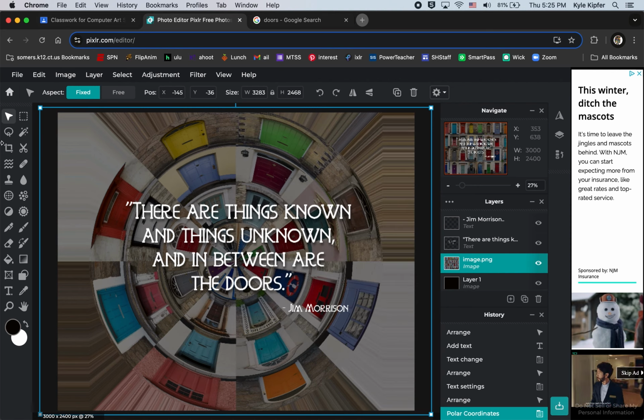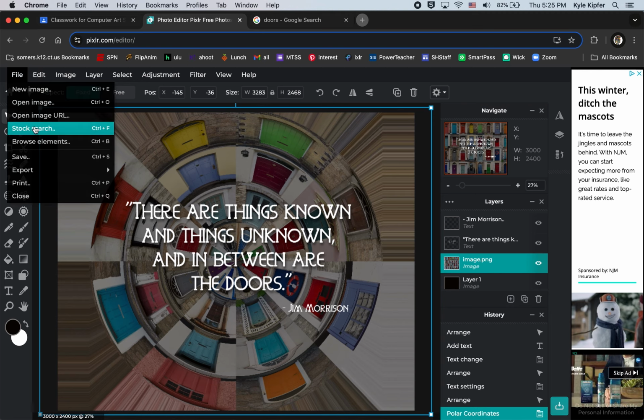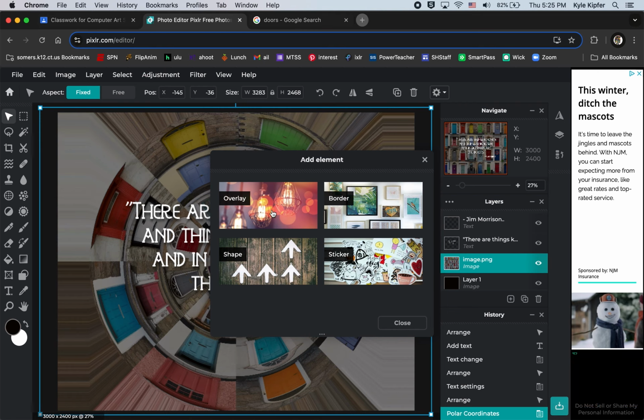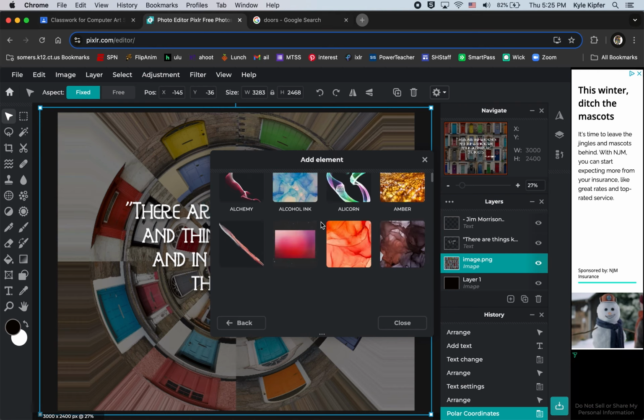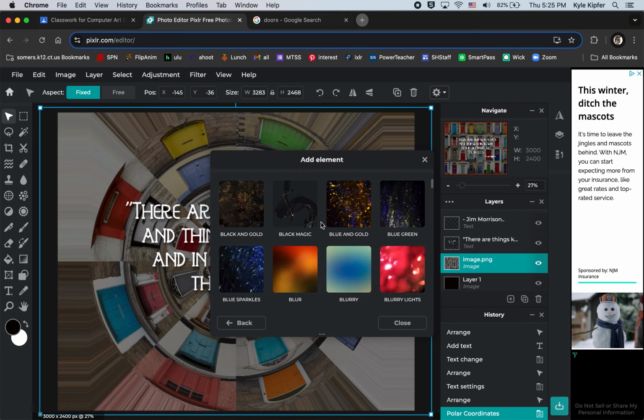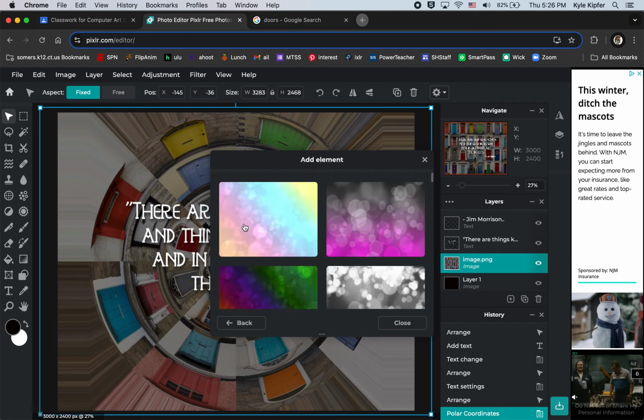All right, so the last thing I wanted to introduce was elements. So I want to add an element layer. So I'm going to File, Browsing Elements. I'm going to click on the Overlay folder. There's lots of different types of elements in here. A lot of them are premium features, so you have to actually pay for Pixlr Pro in order to use those features. I'm going to choose the bokeh